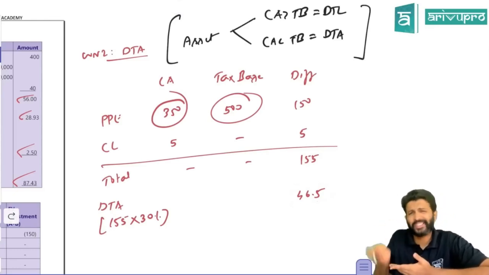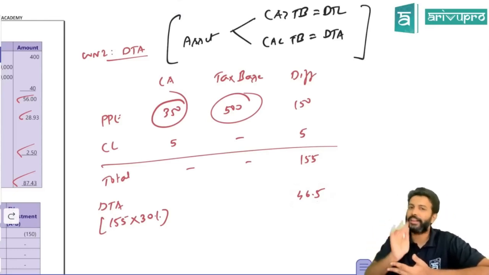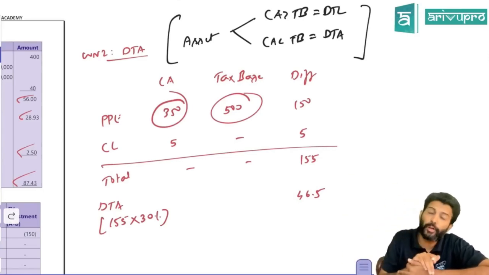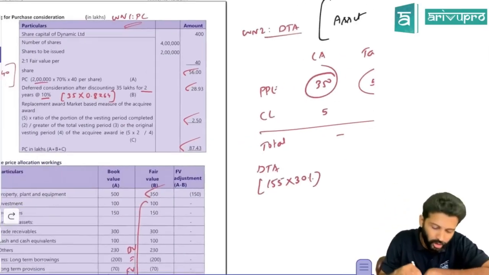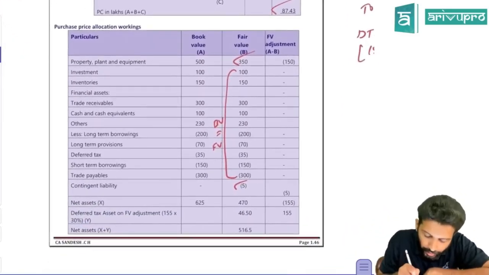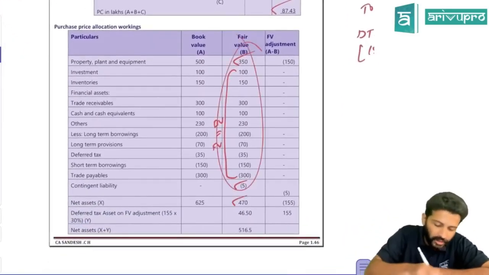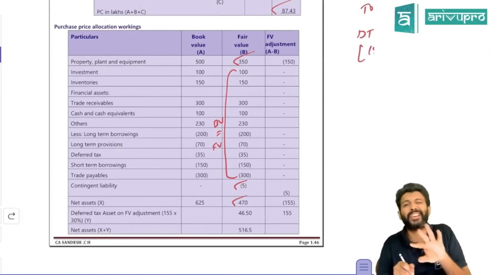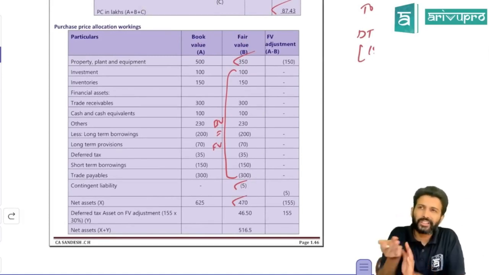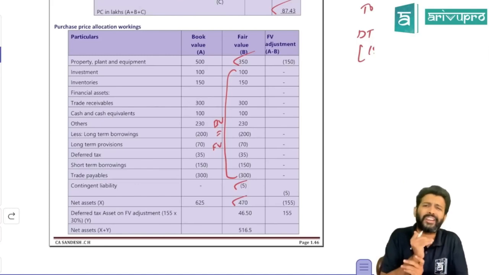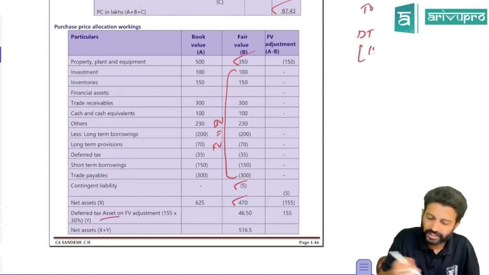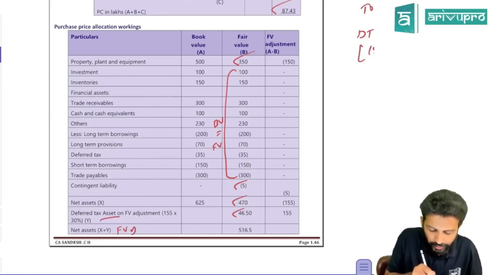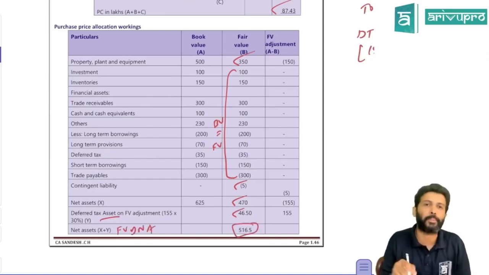When your deferred tax asset is also an asset, just a timing asset, it will get reversed in future. But for the time being, it is also an asset. So it should also form part of your net asset calculation. So how much did you get as fair value of net assets? When you add all this, you're going to get 470. Only this should be considered? No, one more asset should be considered, which is the deferred tax asset. If one asset is coming, net assets will increase. So add the deferred tax asset, which we just calculated as 46.5. So the total fair value of net assets will become 516.5.